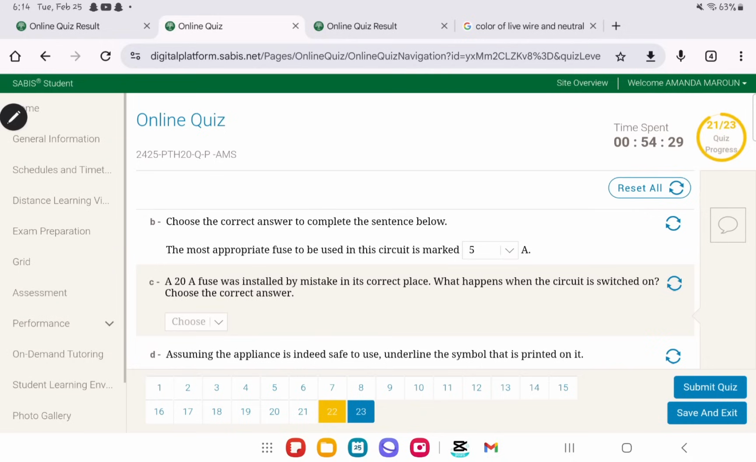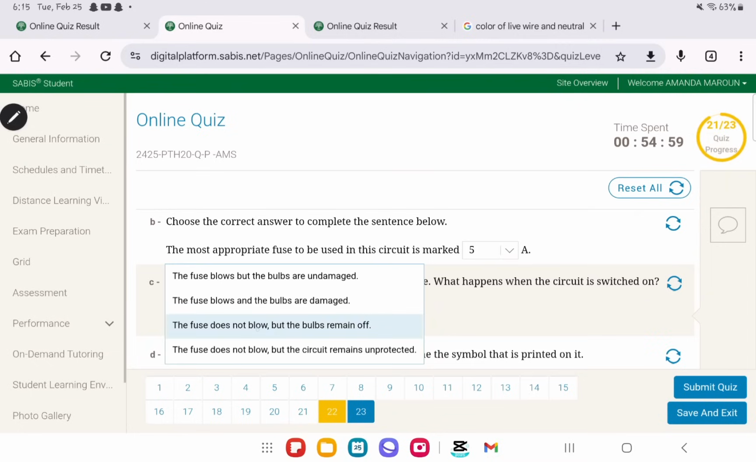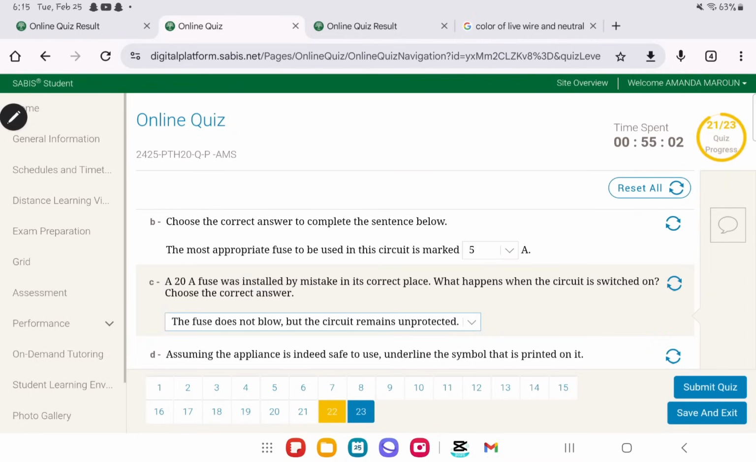Now a 20 ampere fuse was installed by mistake in its correct place. What would happen if the circuit is switched on? If the circuit is switched on, very simply, nothing really is going to happen, okay, except that if you were to put a current greater than 5 amperes, the device wouldn't be protected. So very simply, the fuse does not blow, but the circuit remains